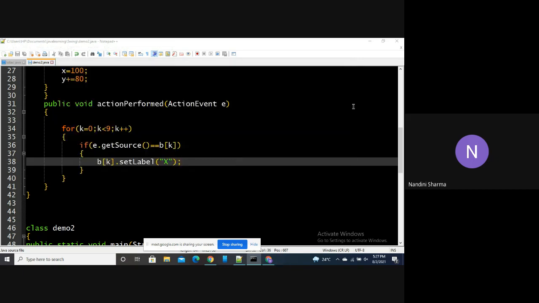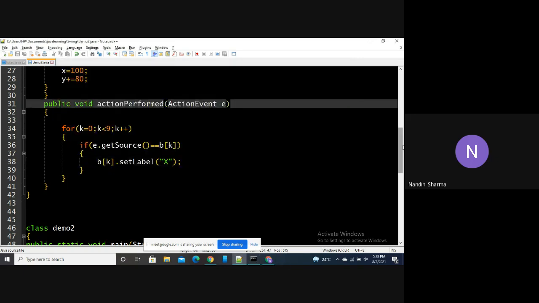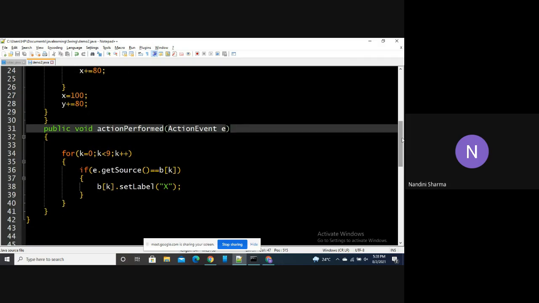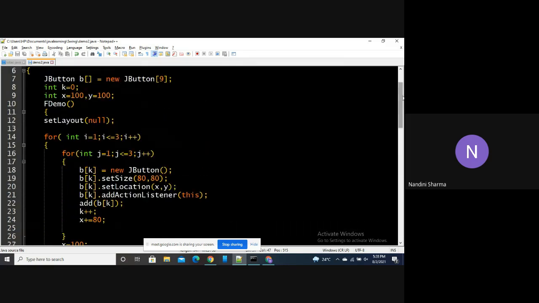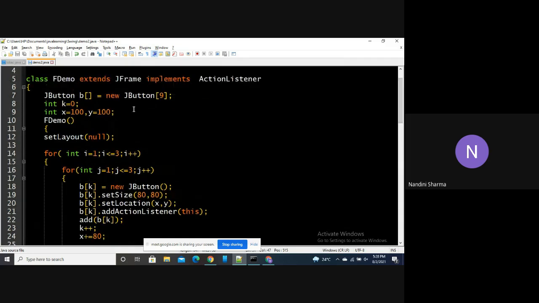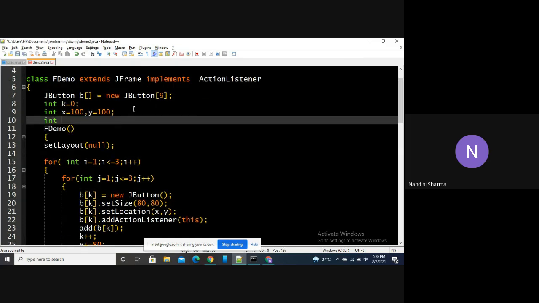So if you observe, the first player can have the first, third, fifth, seventh, ninth, odd numbers of clicks, and the second player can have even numbers of clicks, or if you want to index it from 0, you can index it from 0. Your first player will click for the 0th, second or fourth time, right? So for that count, let us create a variable count. Let's initialize it to 0.